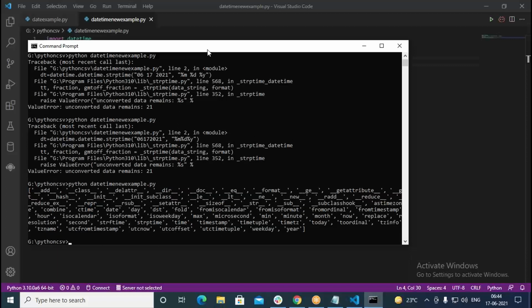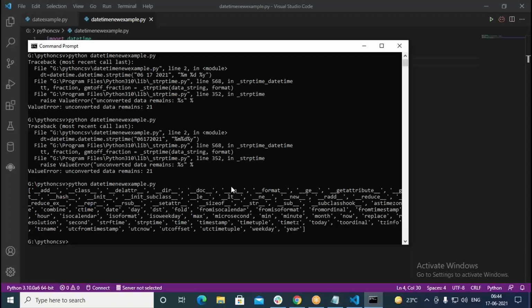All these are nothing but the attributes of the given datetime class. You can see various attributes we have in this. These can be called attributes, and some of them are actually even functions. One is strftime, the other one is strptime. Then weekday we have, year we have, all these are the attributes of the given datetime dot datetime. So using the dir command, whatever attributes are available, you can print.